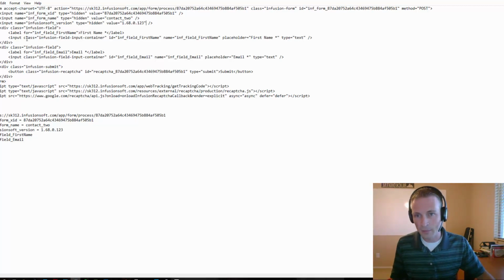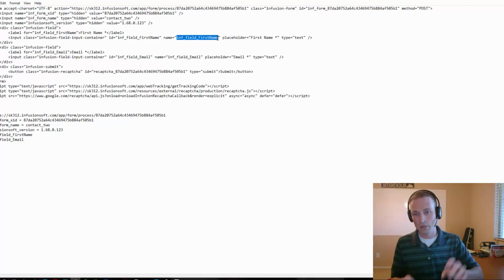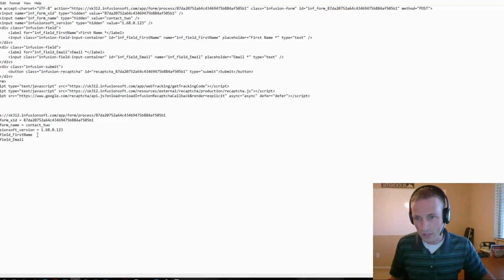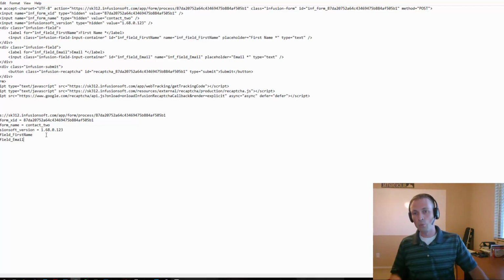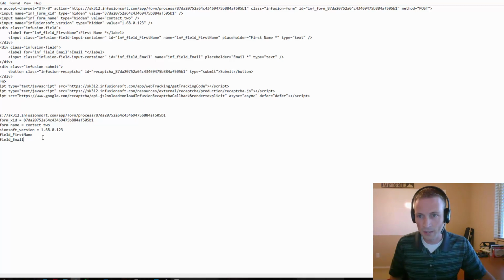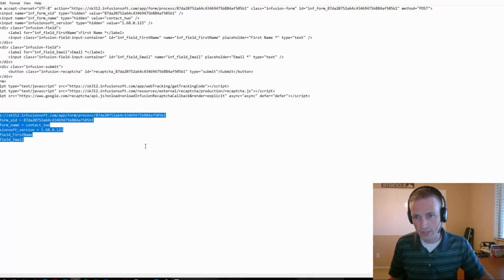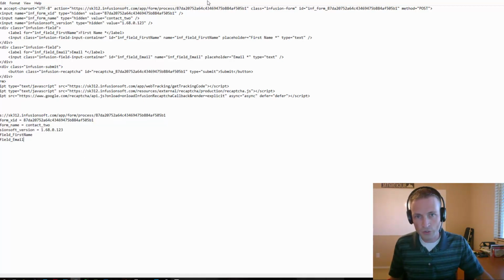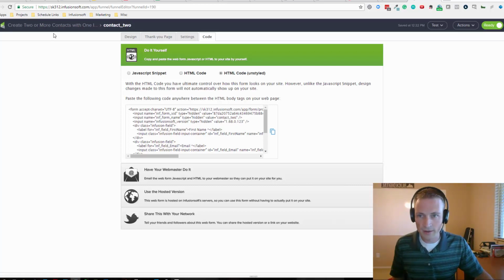And what you'll see here, again, I need to go to the name, which is right here. So the name in this case is inf underscore first name. And in this case, the value doesn't exist, and that's because we haven't given the form a value. That's why you're able to type in a unique value for your name and for your email address to every web form. So in this case, you can see there isn't an equals anything. And again, I'll show you how to set that up here in just a second. So make sure that your information looks something like this, and I'm going to drag this off the screen. I'm going to come back into Infusionsoft,